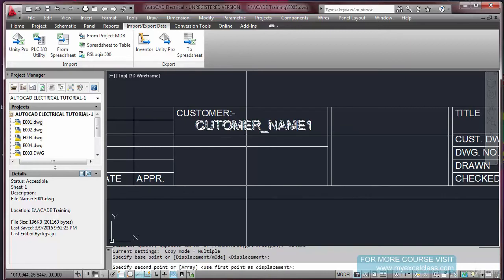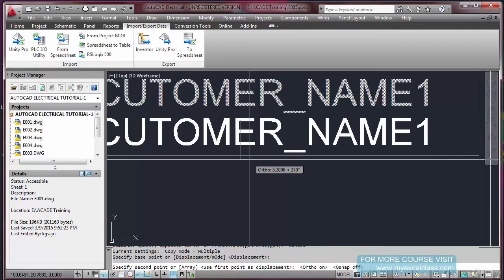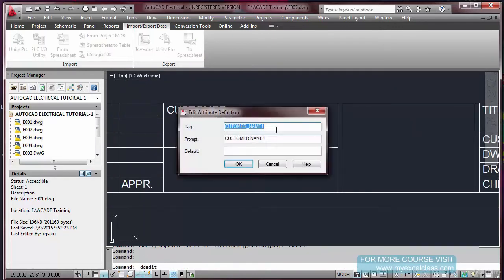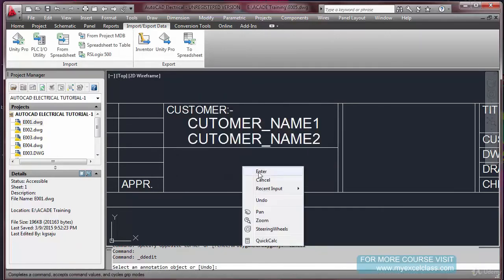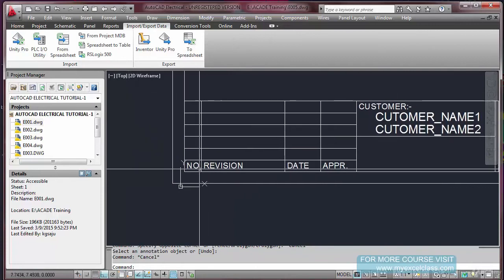Copy. I'm going to place one more text here. I'm making it 2, fine. Something else may go here, but that is left to you.